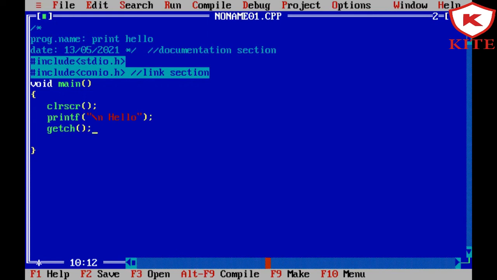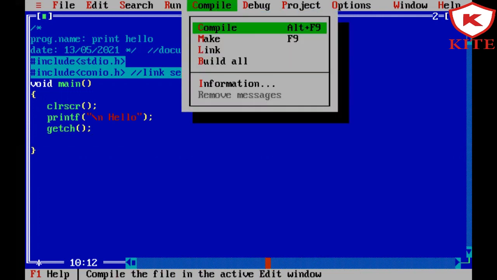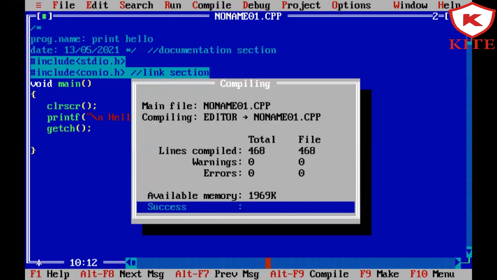Now the next section is the subprogram function section. It is again optional. Okay. Now next is how to compile this program and how to execute this program. For executing this program, first of all, you have to compile. You can use Alt+C as a shortcut key, or you can use Alt F9 for compiling this program. Now when we compile this program, it generates 0 warnings and 0 errors. That means your program is successfully compiled.